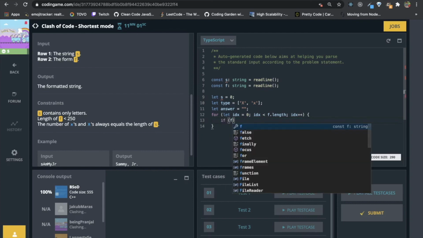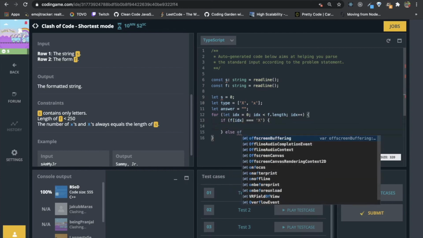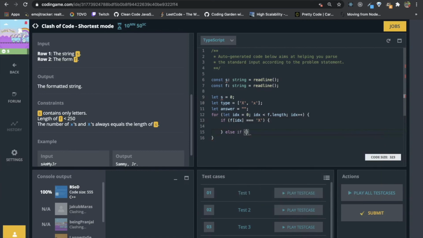If it is capital X, then we will do something. If it is small x, then we will do something, and if nothing matches, then we will do something else. So here we can append whatever is the character.